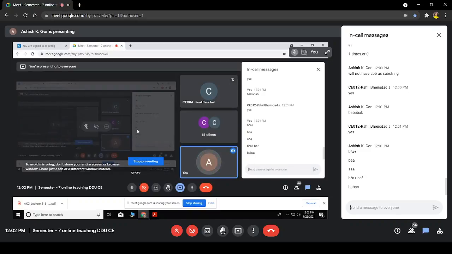So if you see the earlier option B star A plus, I cannot generate BABAA by B star A plus. But if you see the third option B star A plus BA star, after A I can also have one B, and followed by A's. Here also there is no chance of ABB. Why? Because after A, B is just coming once, not twice. So this is required. The third one is required to make all possible strings to be included in the given language.